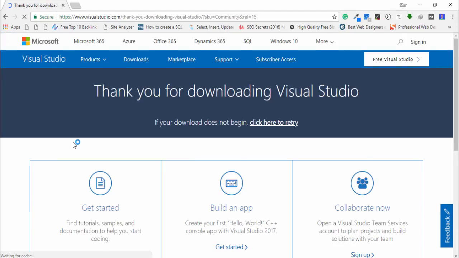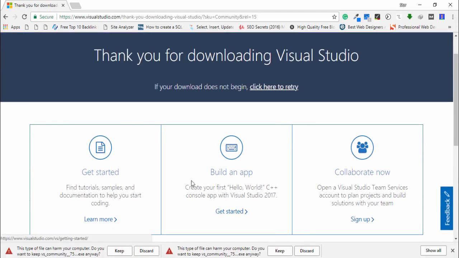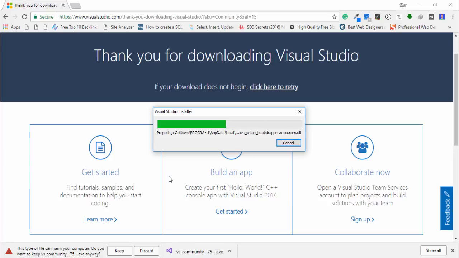Okay, now in this page you just need to wait a couple of seconds, then you can see here the type file scheme etc. You just click on the keep, and then you need to wait a couple of seconds. Now you can see here Visual Studio community version has been downloaded on your computer. You need to click on it, then you need to wait a couple of seconds. Yes,